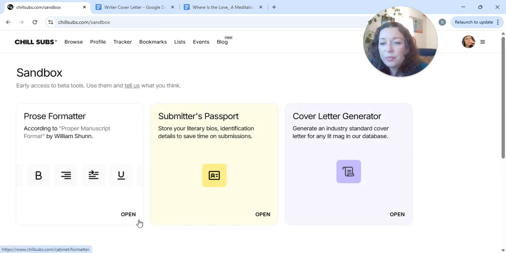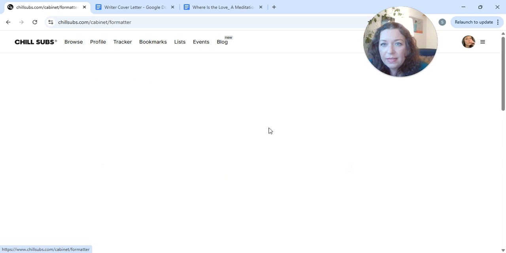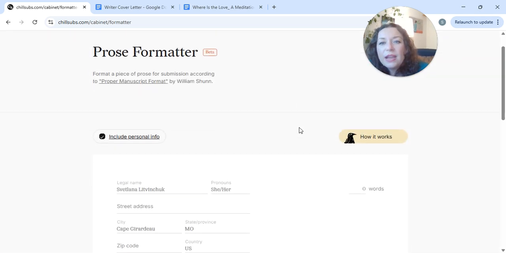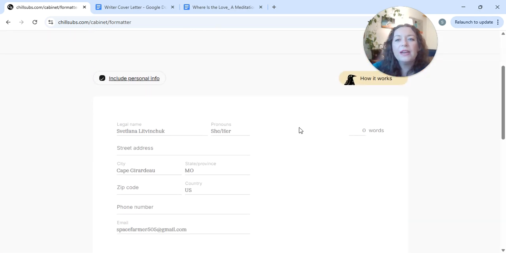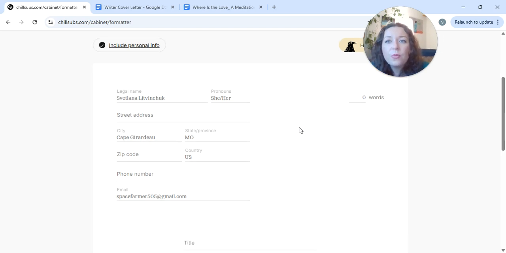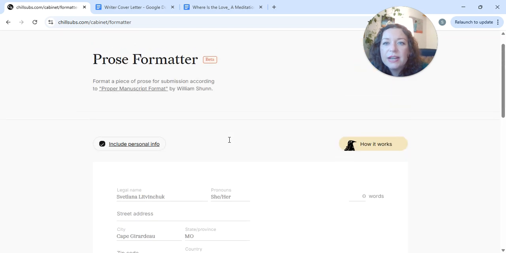There's this tool here called the Prose Formatter that you can open, and it will format your piece for you according to industry best standards, which is the Shunn manuscript format. That's SHUNN. So if you don't know the format guidelines for a particular journal, then that is usually a safe default to use. So here I have my contact information,